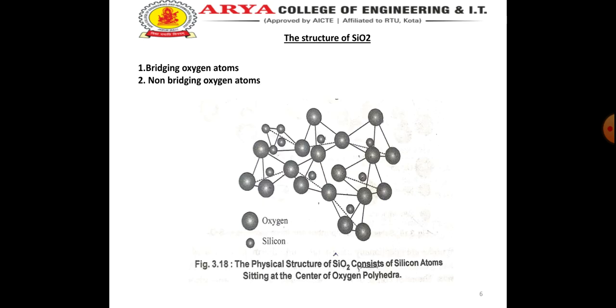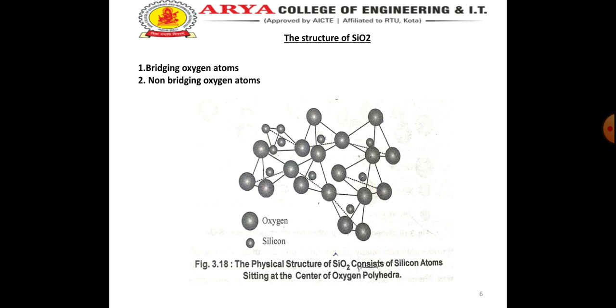Now our next slide shows the structure of SiO2. The structure of SiO2 can be thought of as four oxygen atoms sitting at the corners of a triangular polyhedron. In the center of the polyhedron is a single silicon atom. Thus, each of the four oxygen atoms is covalently bonded to the silicon atom, satisfying the silicon valency shell. If each oxygen atom is part of two polyhedra, the valency of the oxygen would also be satisfied, and a regular crystal structure called quartz would be the result.